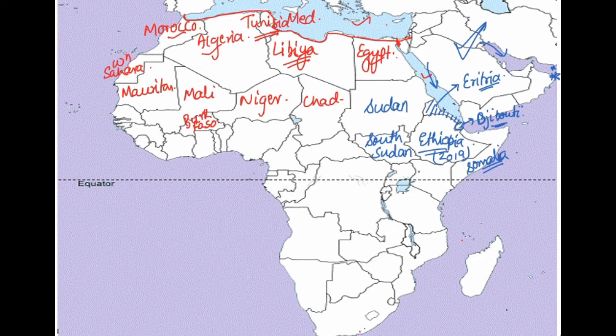Now we move towards Eastern Africa. Eastern Africa में this is a very important lake. This lake is called Lake Victoria. So around Lake Victoria we have various important countries. Here we have Uganda. We have three countries from north to south. So from north to south we have Uganda. So this is Uganda. South of Uganda we have Rwanda, and south of Rwanda we have Burundi.